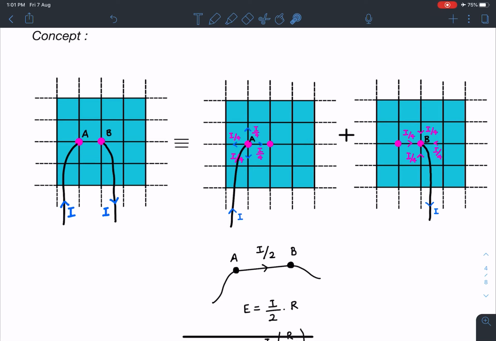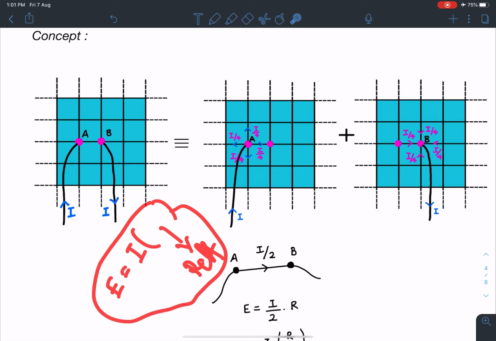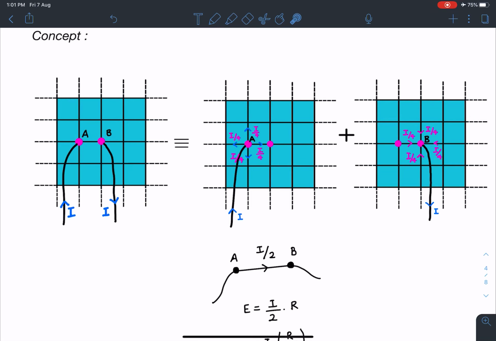So basically this battery is connected across these two ends, and this battery is sending current I. So if I obtain E is equal to I times something, that something should be the R effective. That kind of relation I want to obtain. Alright. So here when this current I is going, the same current I we are going to collect from B. Now in this diagram I am sending this current I at point A.